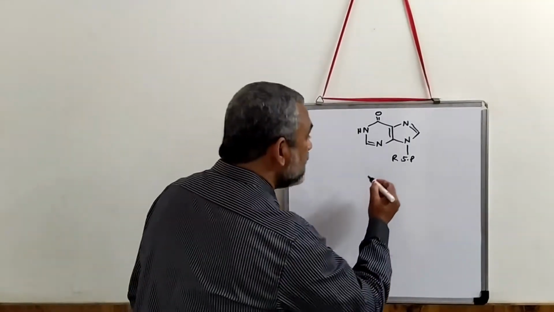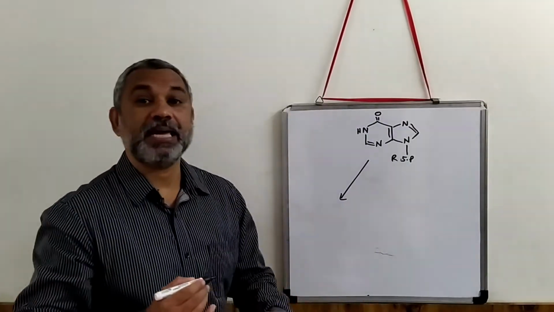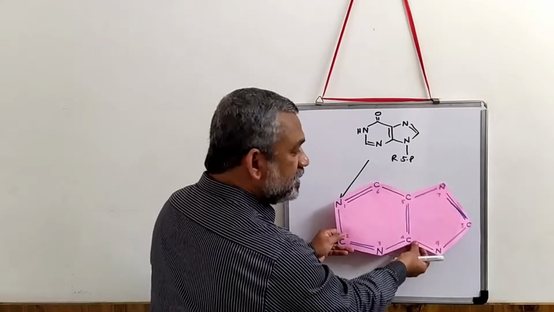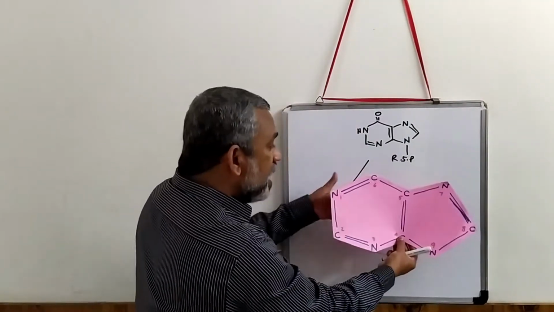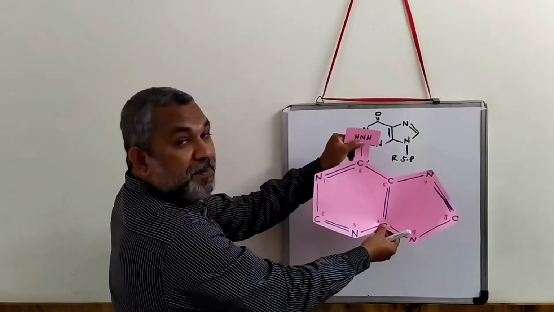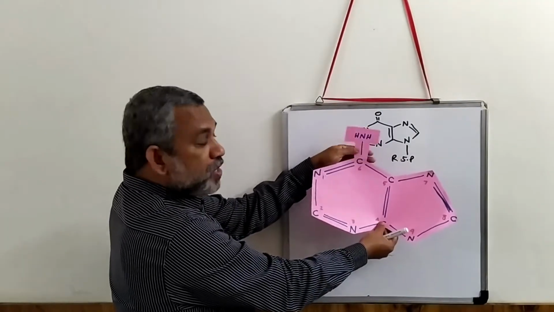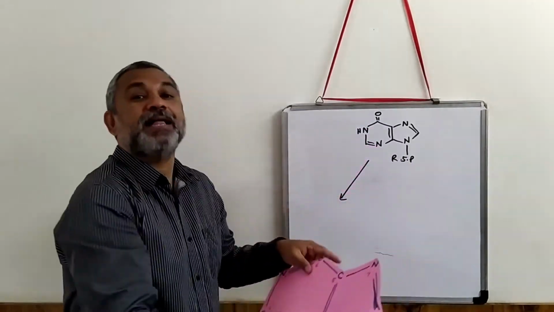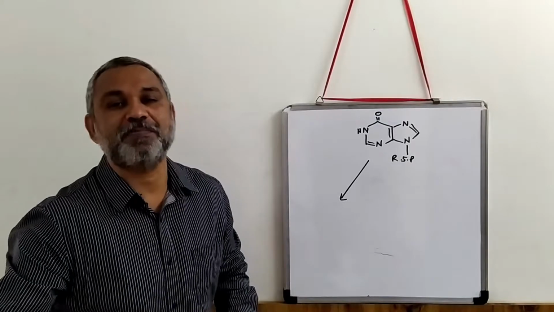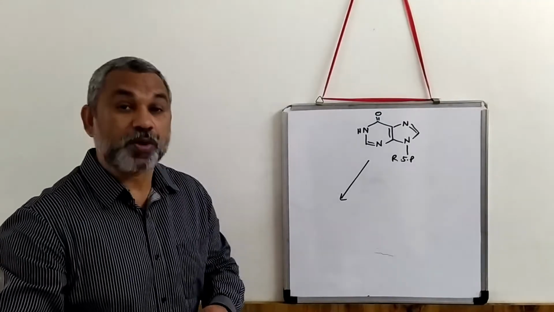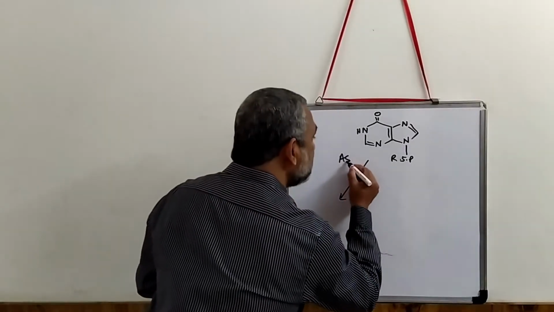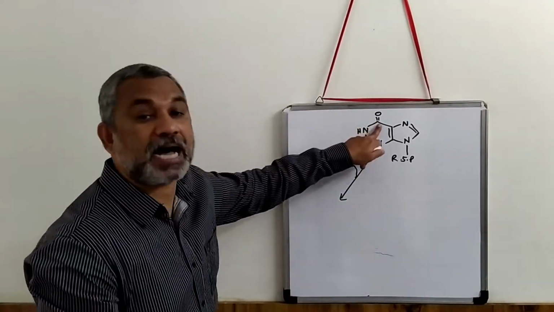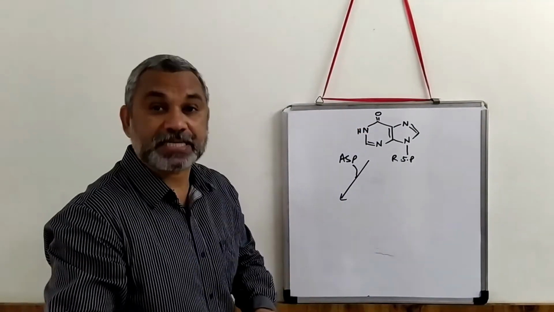Adenine monophosphate primarily requires an amino group. If you look at the structure, this is the basic unit we have, and an amino group has to be inserted here. So this is carbon number 6, to which an amino group has to be inserted. That amino group is contributed by aspartic acid. So in step number 1, an aspartate is added and the aspartate gets incorporated at carbon number 6. So let us write the structure.